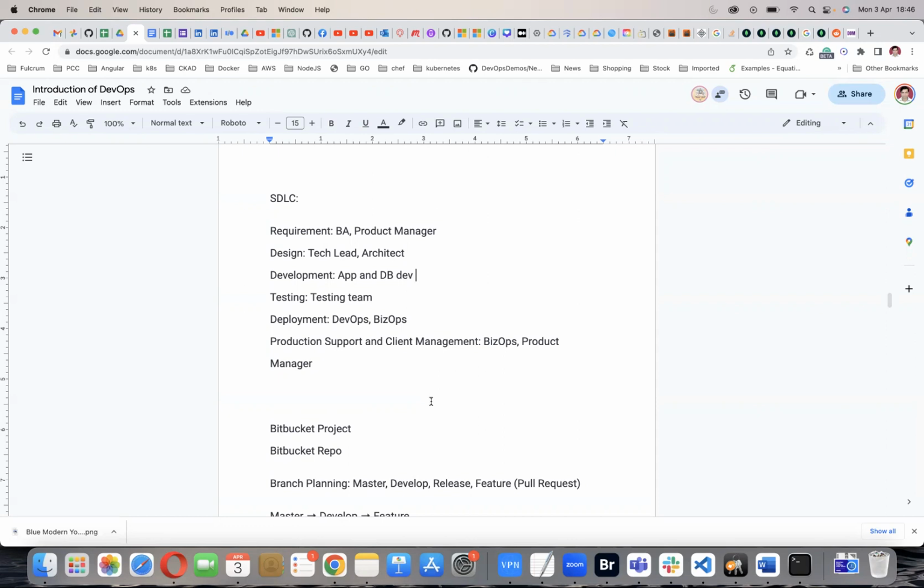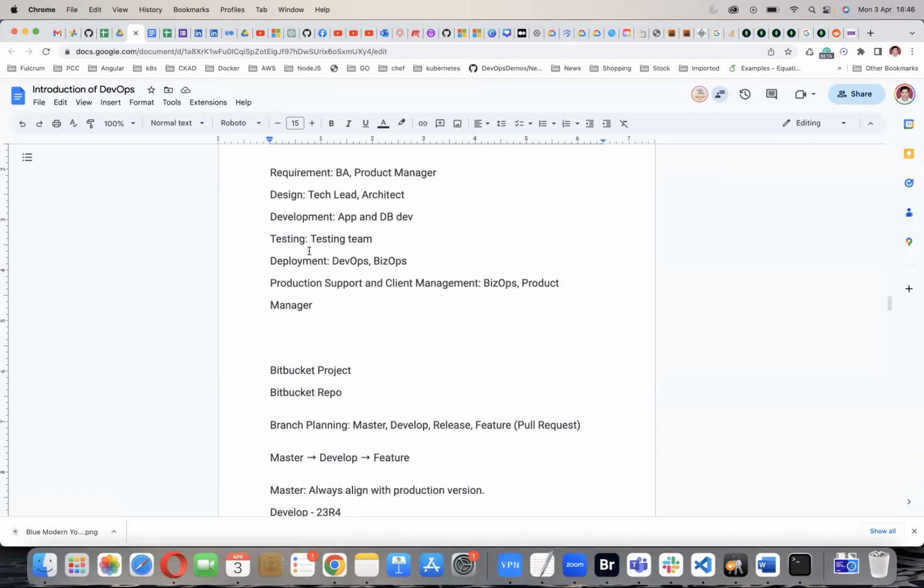Okay, and the second thing is, once both parties, the product manager and the client, confirm the requirement, once they give the sign-off from the client side, it goes to the design team. Okay, now based on the requirement, the design team will come into the picture, and sometimes the technical lead,